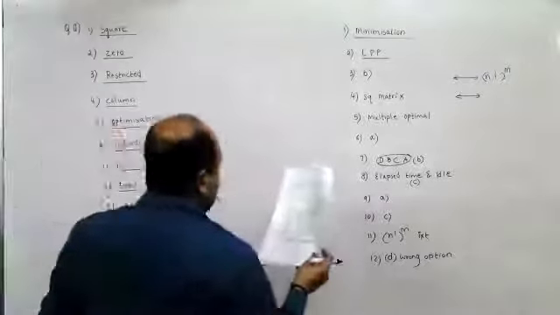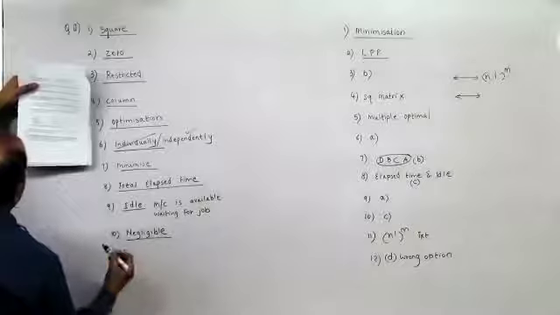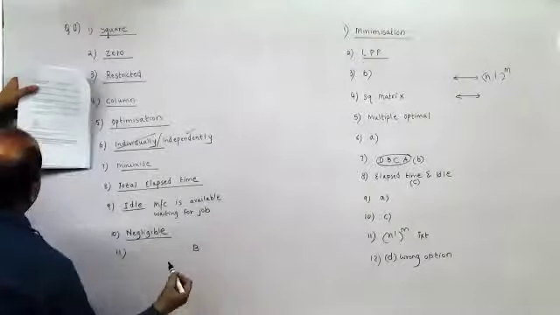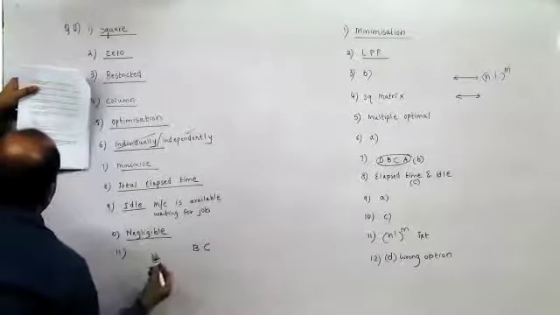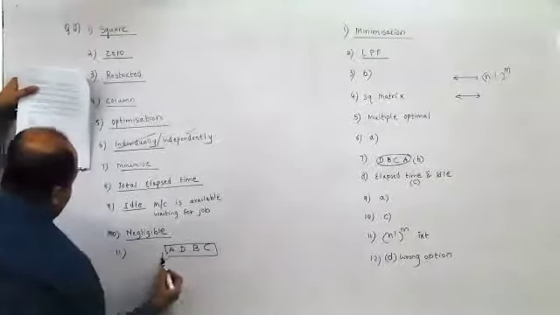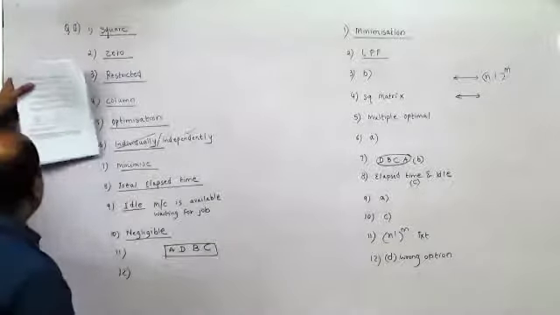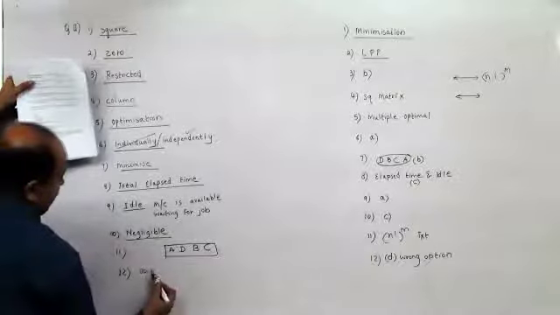11th one, the optimal sequence. Now, first one, the smallest one is B, so I'll write B here. No, sorry, C. I'll write C here. It is from the bottom, 3, 4. Then 5 here, A, D, B, C. Sir, it's correct. 12th one, in sequencing problem, one has to determine the dash in which jobs are, the order in which. Yes, sir.